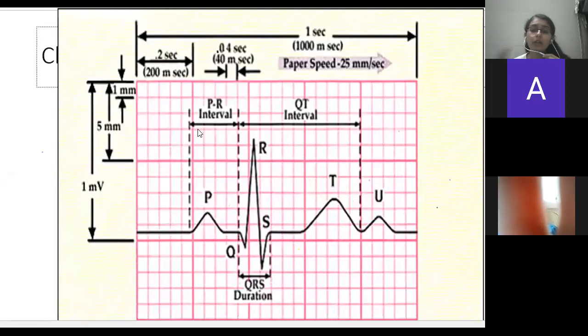So we have different segments here which are time related and phase related or distance related. Time related is PR interval and QT interval. PR interval is from the start of atrial depolarization to the start of ventricular depolarization. That is the entire P wave along with the isoelectric line of the PR segment, because Q wave is sometimes very negligible and it is not properly seen unless there's some kind of pathology in the ECG.